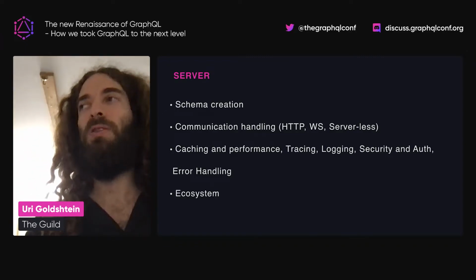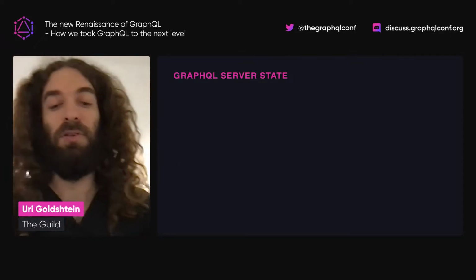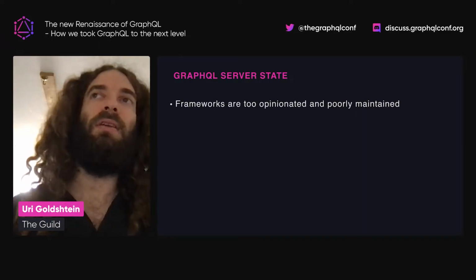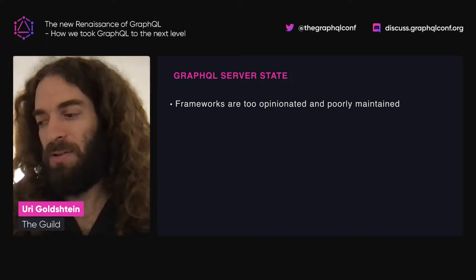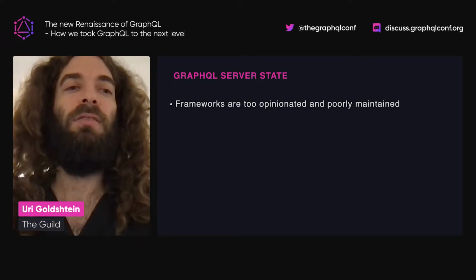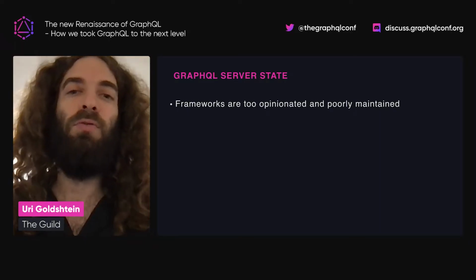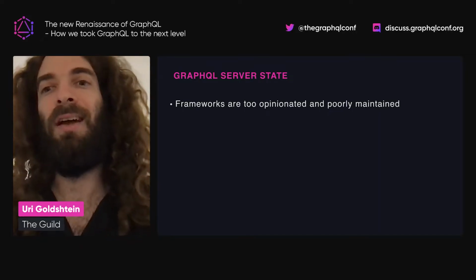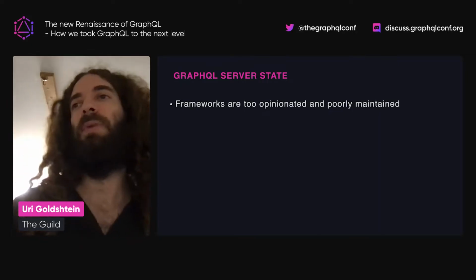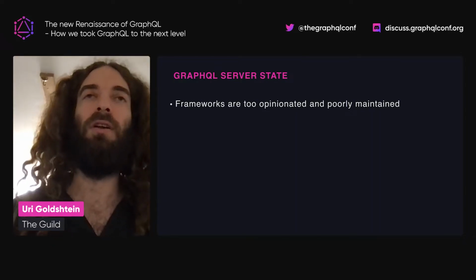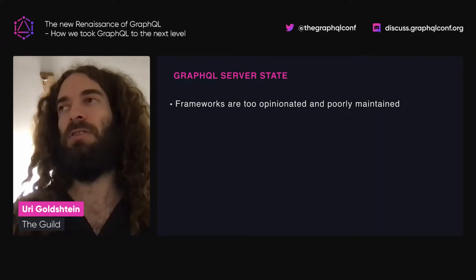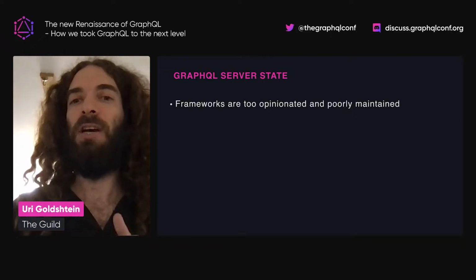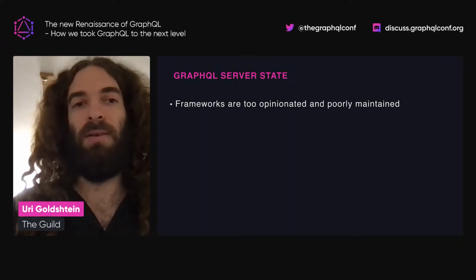So that's great, but what do we have today? In the current state of GraphQL servers, at least in my opinion. So currently what I see, and you can debate me on that, I would love to have lots of debates about that, is that the current frameworks we get with GraphQL are too opinionated, and together with the fact that they're not super actively maintained. I think that if you have a framework and you're very opinionated, you also need to be there and maintain it for the long term, when you made a lot of choices for your users, but then the dependencies are getting updated and things are changing. You need to be there, and this combination is very bad in my opinion.